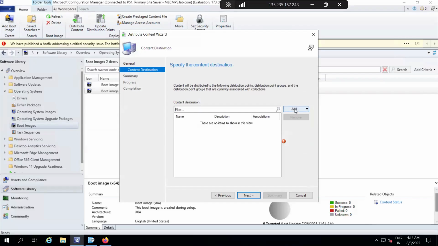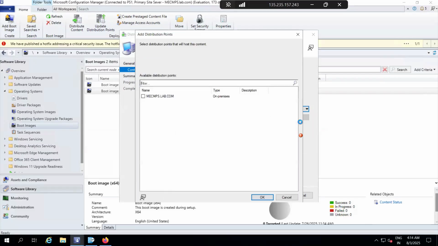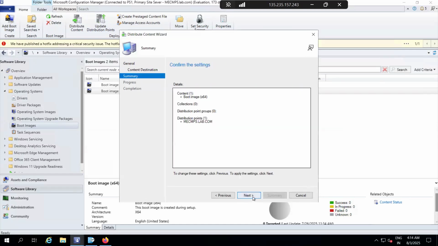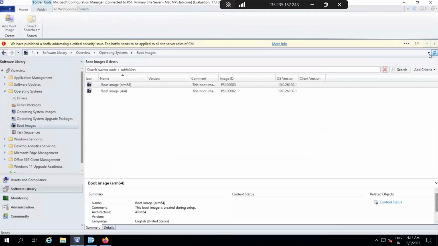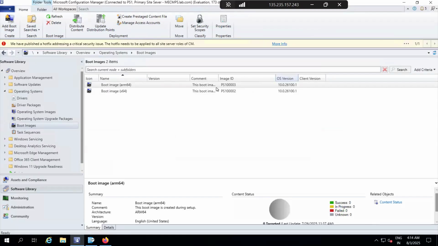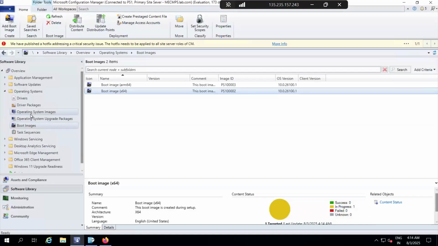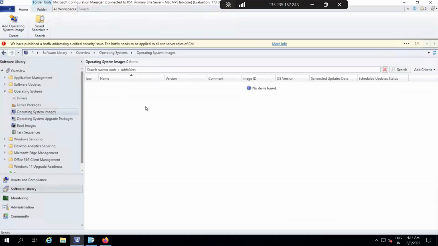Next, Add Distribution Point, OK, Next, Next and then Close. OK, in progress. And here you have to add your OS image, install.wim file basically। ठीक है। यस सर. So hopefully it is downloaded।